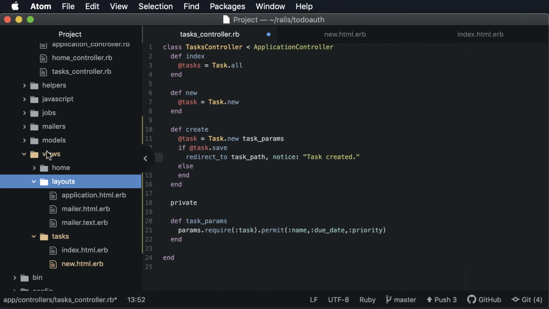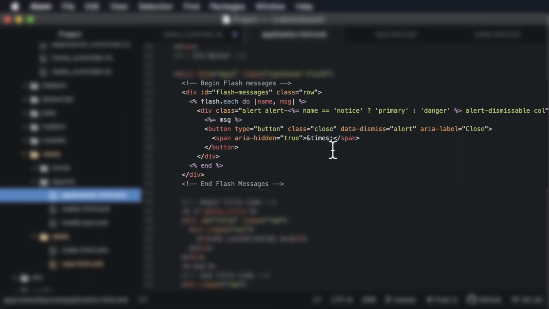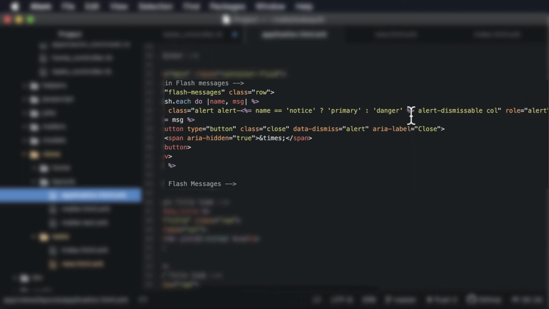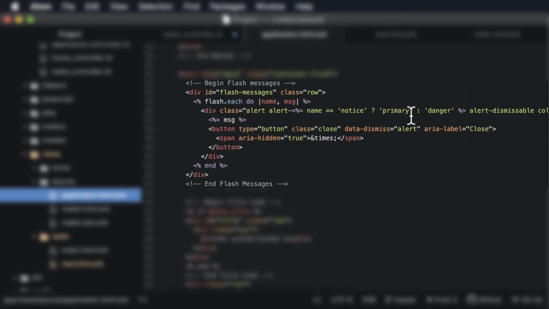So in our views layouts application.erb file, somewhere in there, preferably at the top of your page, you'll want to include this code right here. I'll scroll over so you can see it all. But basically what this does is for each message that needs to get displayed, it will loop through them all, creating an alert. And this alert works exactly with